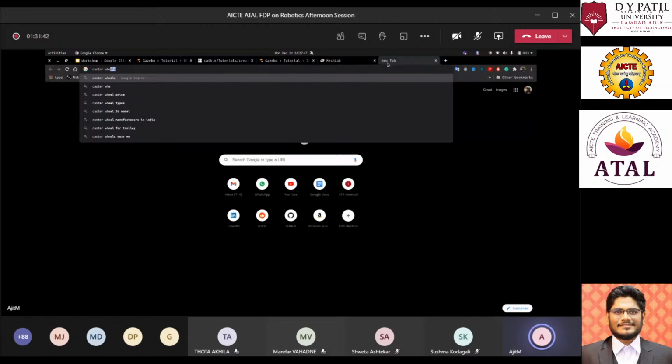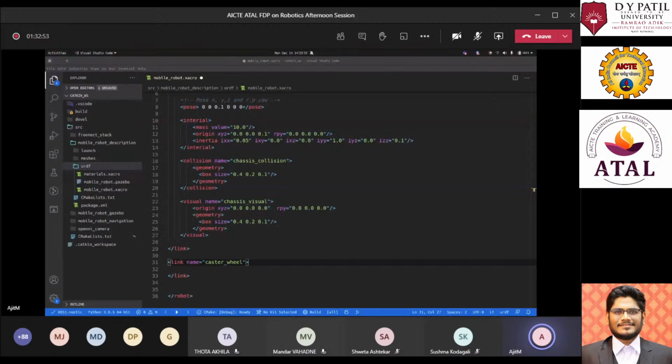So caster wheel, hold on. Yeah. Just a second. Yeah, so next thing, caster wheel.